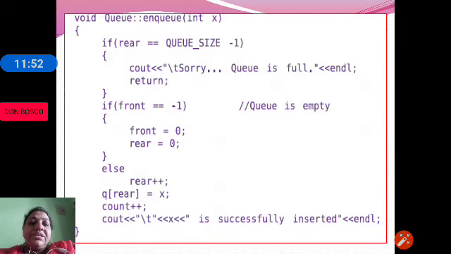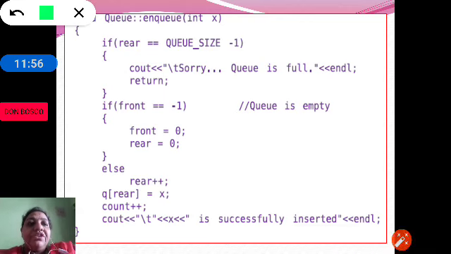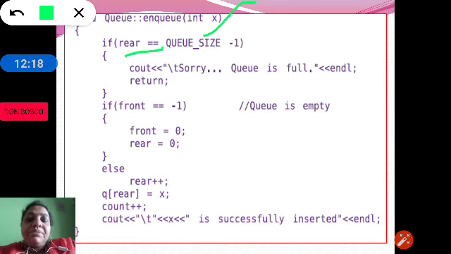So let us check the NQ function. In the NQ function, we are checking the rear. If rear is equal to queue size 3 minus 1, that is 2. If rear is equal to 2, rear starts from 0, 1, 2. If rear has reached 2, that means the queue is full, because we are creating a queue for a maximum size of